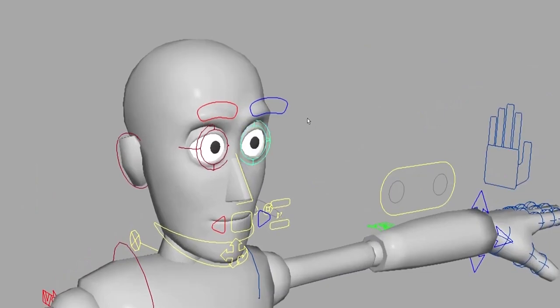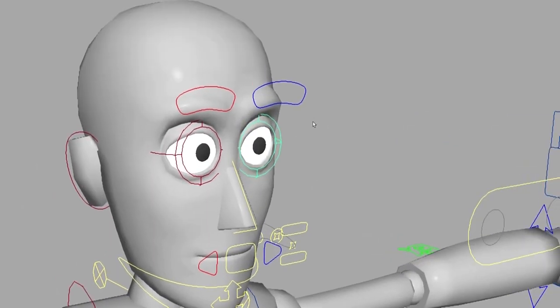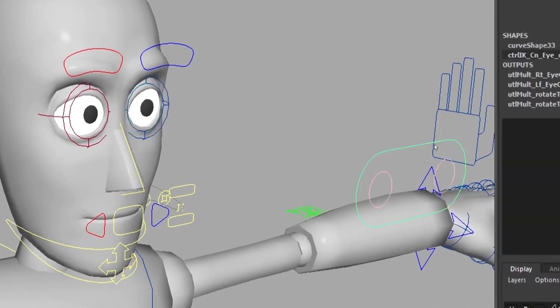This is the curve. This curve is attached to the eyeball. We cannot directly touch the eyeball and animate. This curve is a representation of the eyeball, and this curve is connected to this curve.